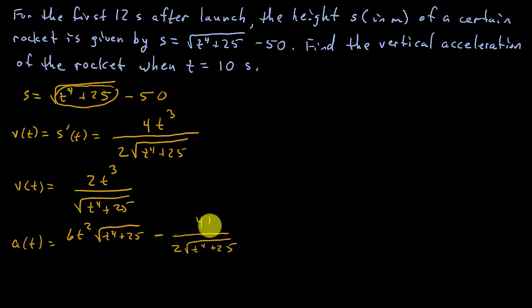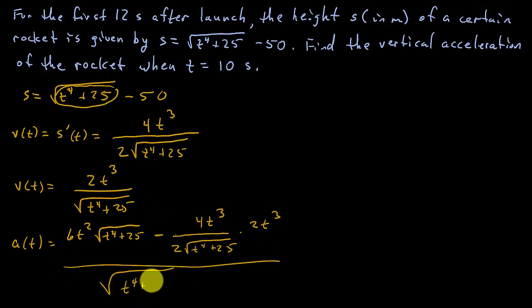So that's 4t cubed. Now keep in mind, this shortcut here, this only works on square roots. It does not work on cube roots, fourth roots, and so on. All right, so that's the derivative of the denominator times the numerator, which is 2t cubed, and all this over the denominator